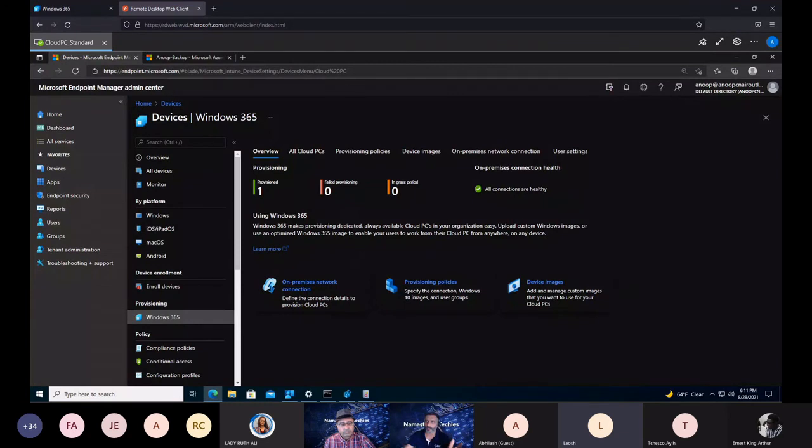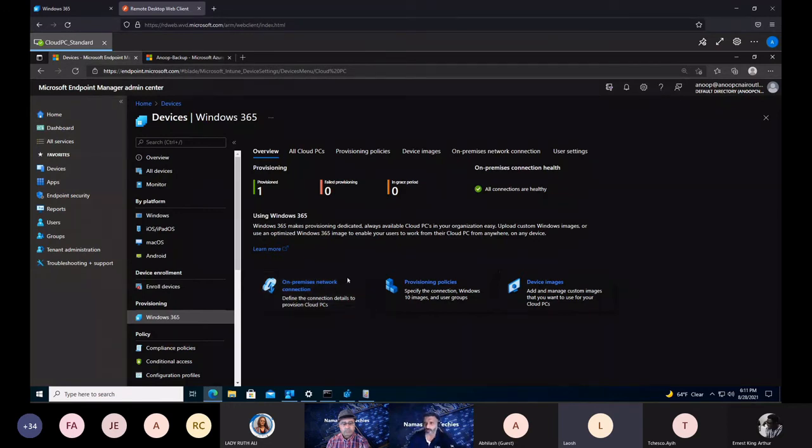This dashboard is really useful, right? In the dashboard, it will tell you what you need to do first, right? You need to have a connectivity back to your on-prem network to do a hybrid Azure AD join, right? So what is hybrid Azure AD join? Hybrid Azure AD join is domain joined devices plus Azure AD registered, right? That is why, for that domain join stuff, you need a network connectivity back to on-prem. That is the first step whenever you do Windows 365